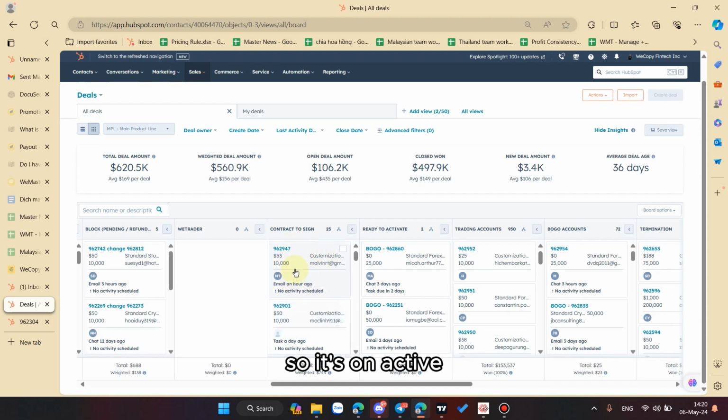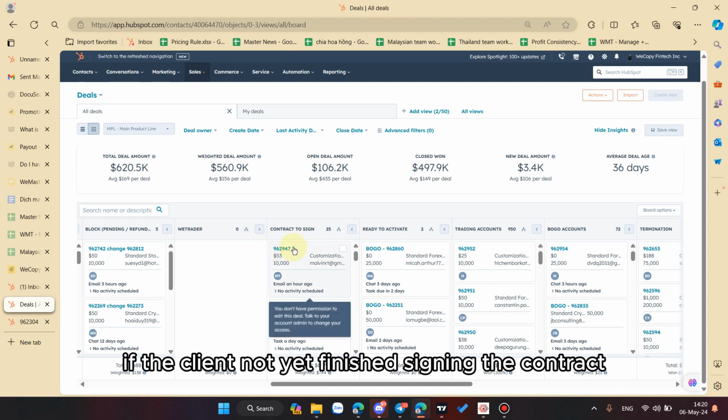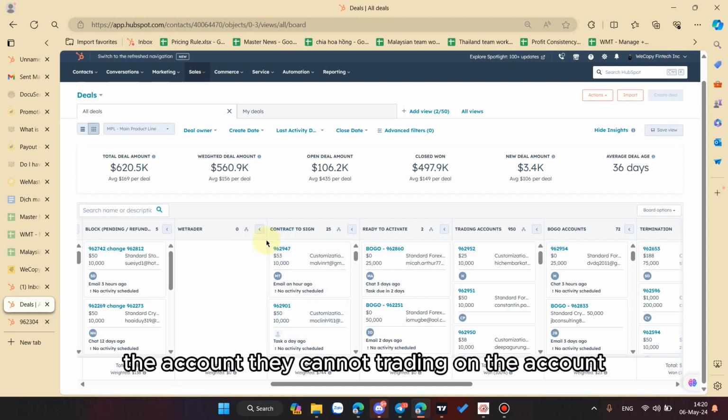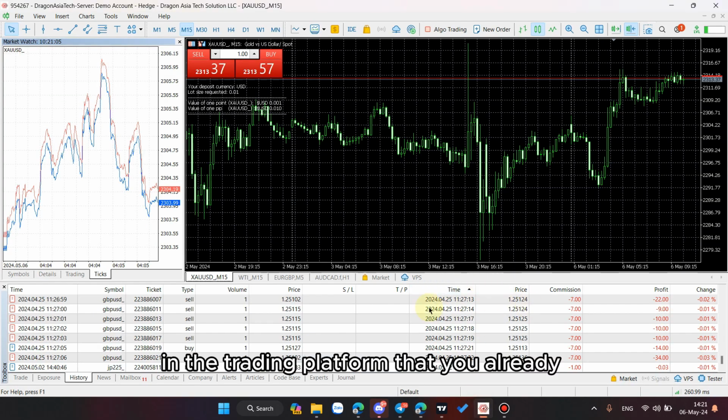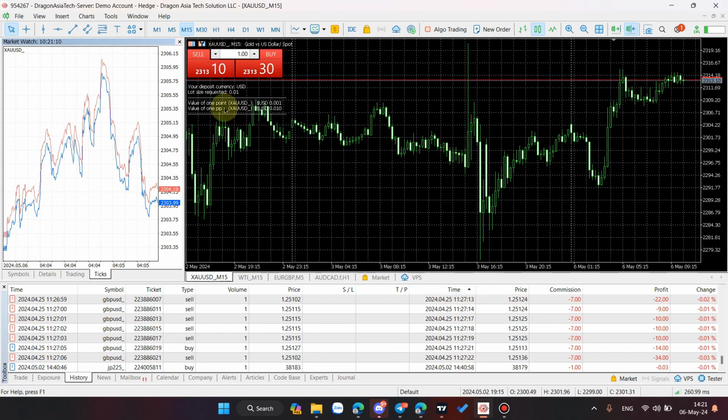Okay, so if the client has not yet finished signing the contract, they cannot trade on the account. There is no trading activity they can do in the account, or I have to say in the trading platform that you already downloaded on the first day, correct? There is no sell and buy button.